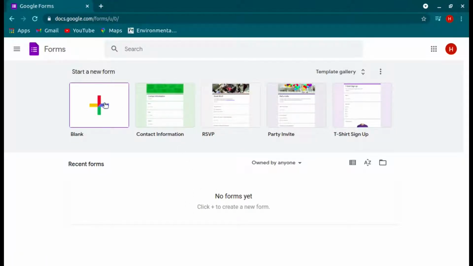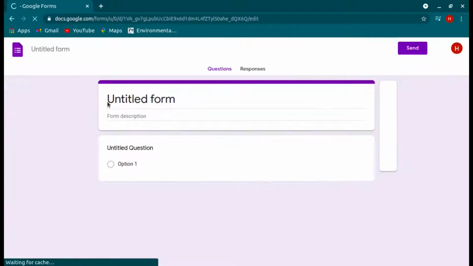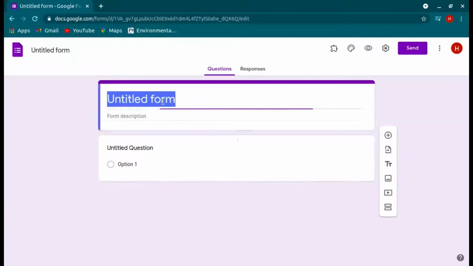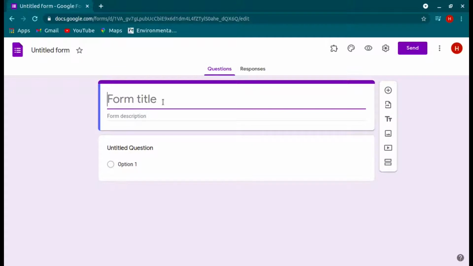You can choose a blank form or you can choose any readily available templates and edit those according to your requirement. For this tutorial purpose, let's start with the new one as we are learning how to create a Google Form. And the newly selected form is untitled. Let's title it first. Let's consider we are making a Google Form for a sports meet in this tutorial. So let the title be Sports Meet